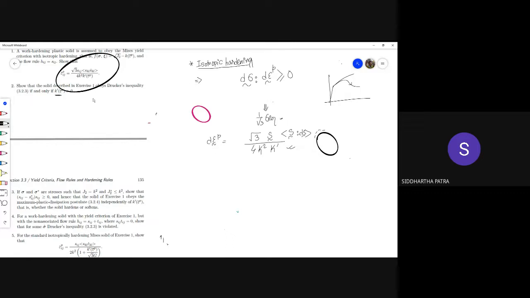So if it is gradually hardening, that means if k prime lambda is always greater than 0, prove that. That is when this quantity is always greater than 0, and this should be simple. Okay, so what you do is you take the inner product of this with d epsilon p, and put everything which is a scalar in the left hand side, which is √3, then 4, then k squared, then k prime. Okay, and then this inner product in the Macaulay bracket. Okay, everything inside, and then you have d sigma